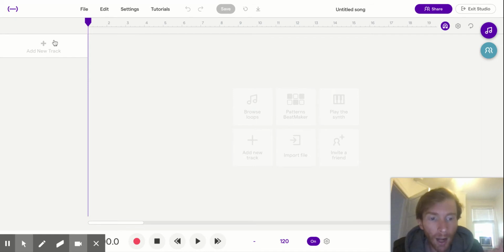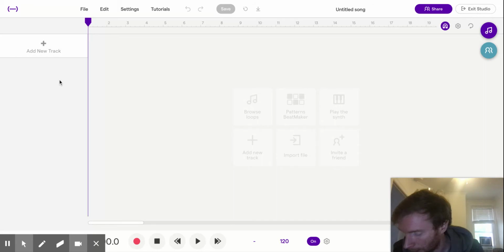So the first thing that I like having them do, and Barbara, shout out to Barbara, Barbara kind of turned me on to doing these kind of lessons right out the gate, is making a beat with loops. So when we come in, we say, "All right, guys, we're going to try to make a beat using drum loops." So I click Add a new track,